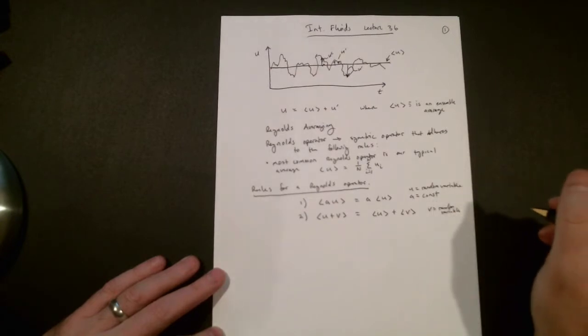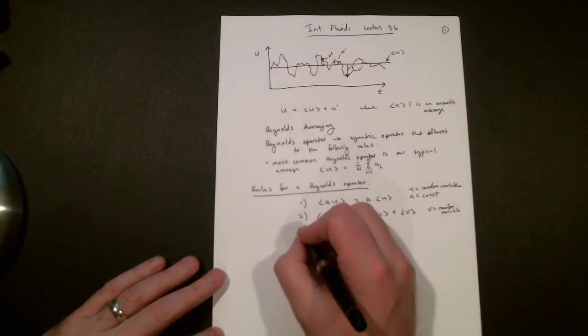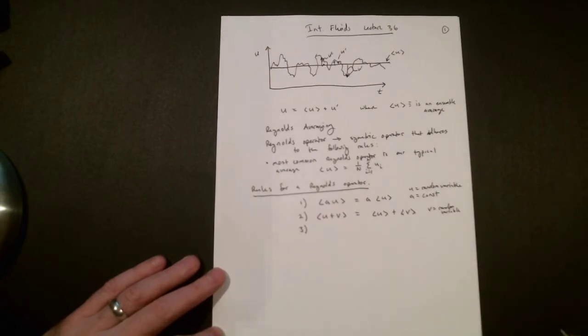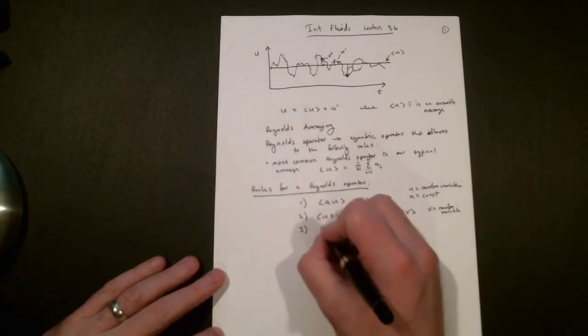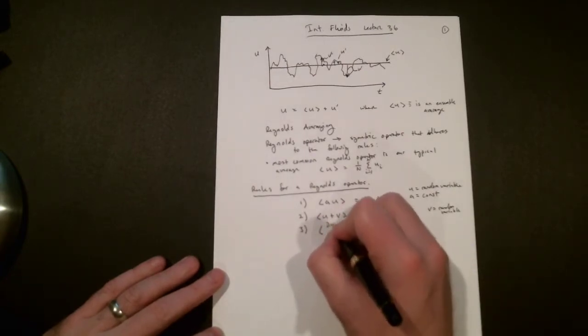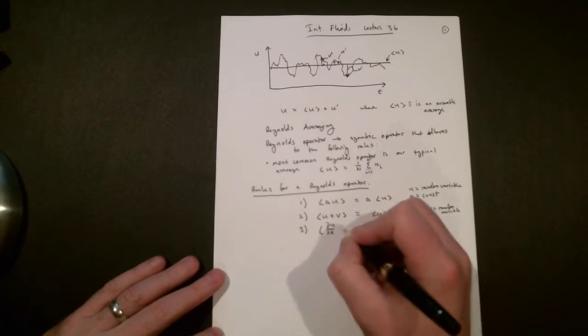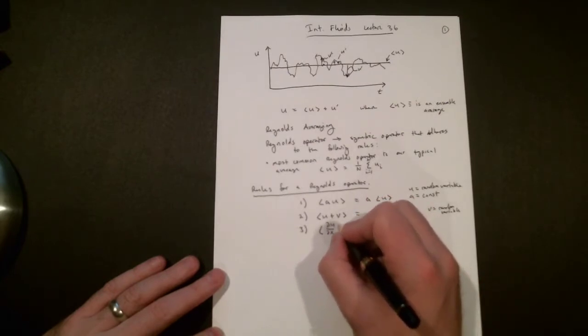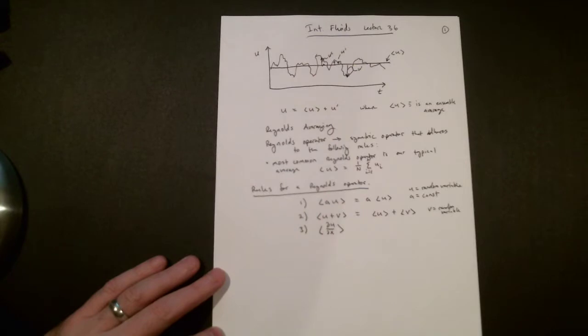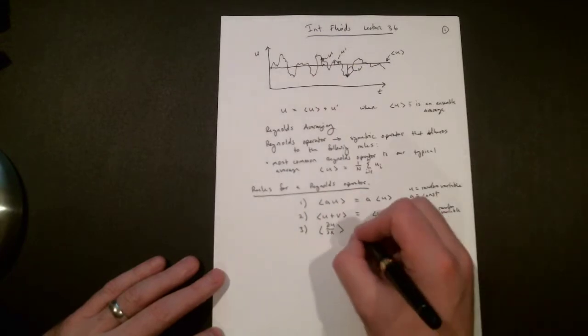So it just follows these kind of rules of averaging. Another important one for us is, we know in the end we want to apply this to the Navier-Stokes equations, that the Reynolds operator also commutes with differentiation. So if we have some term like the partial derivative of u of our random variable with respect to x,